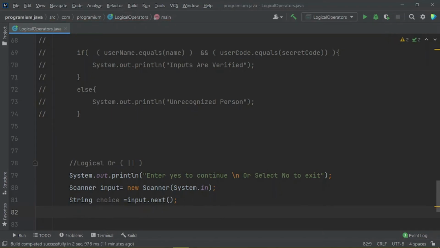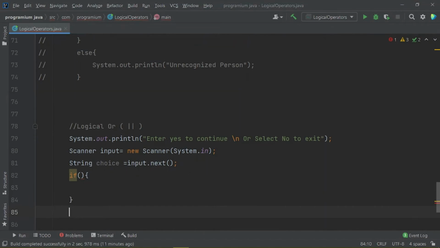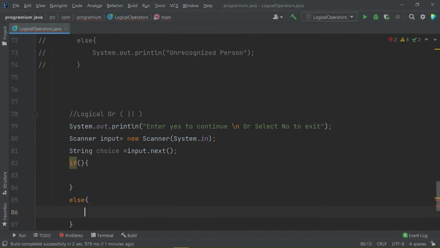So what we need to do here, now we have to put an if condition here, and also else. So what should be written here? We want to practice logical or operators here. So what could be the result here?